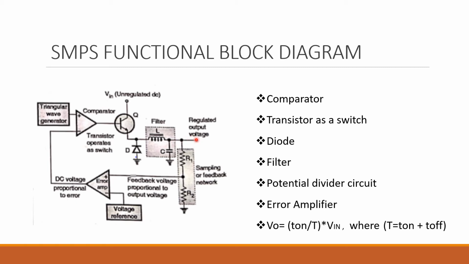Similarly, if output voltage is reduced than the rated value, suppose it is less than 12 volts, then in that case this value will decrease, output of error amplifier will also decrease, inverting terminal input will decrease. Hence, on time of pulse which is given at transistor base will increase, and hence output will also increase. So this is how your circuit will counterbalance the fluctuation in output DC voltage at this terminal and maintain the constant V0 for which your SMPS is designed for.